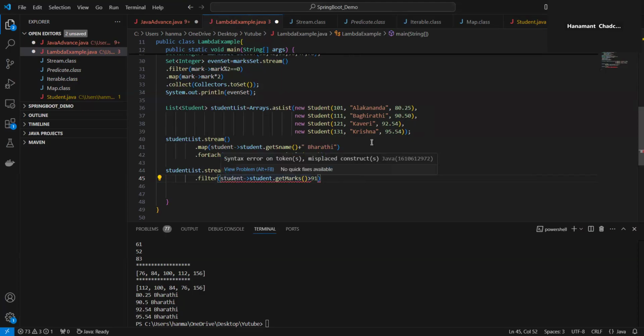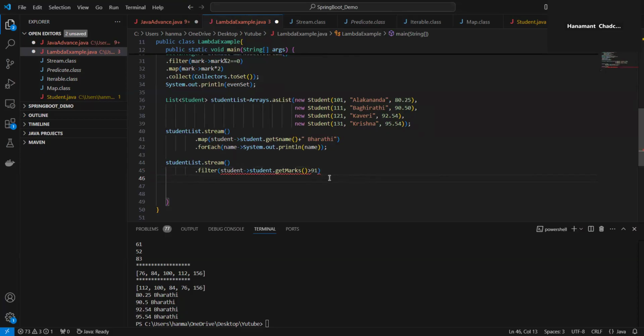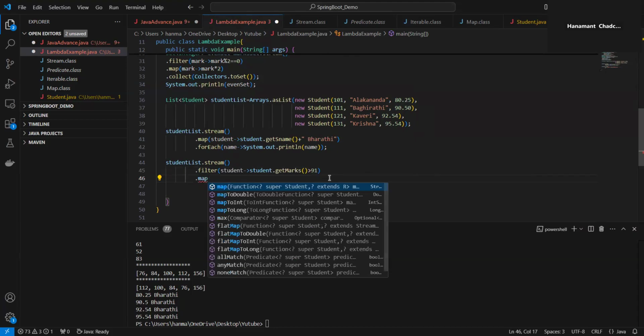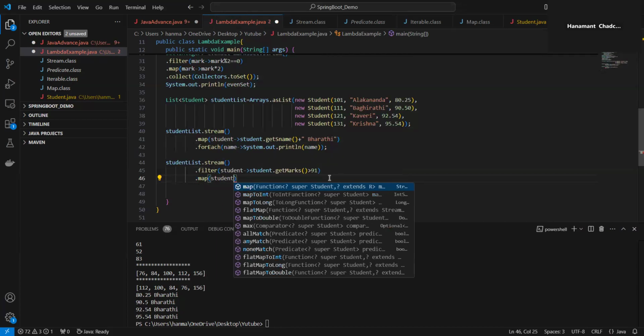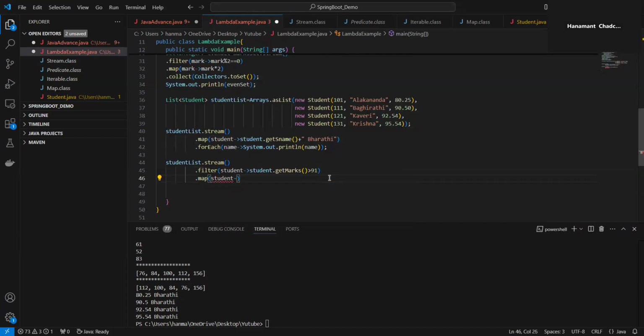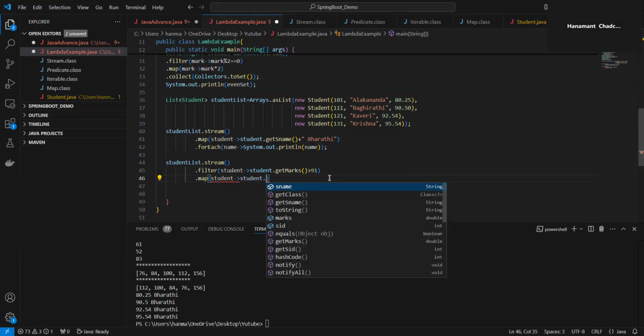So which data will it take? 92.55 and 95.55. Okay, so these two data it will take. After that I will give this and map, right? Map inside student. I will provide the expressions for this, to implement that apply abstract method, right? So here what I will do, student dot